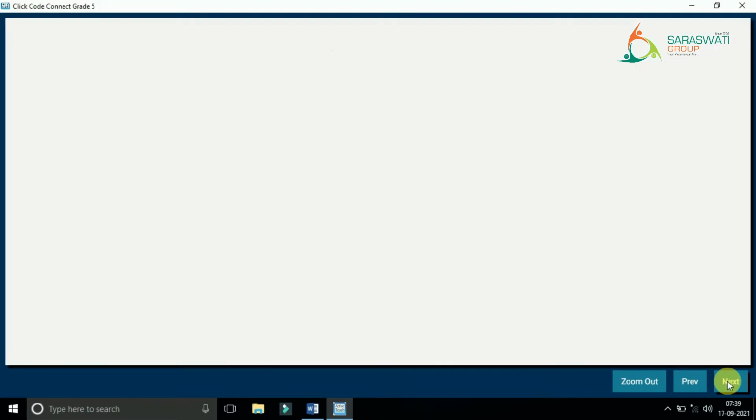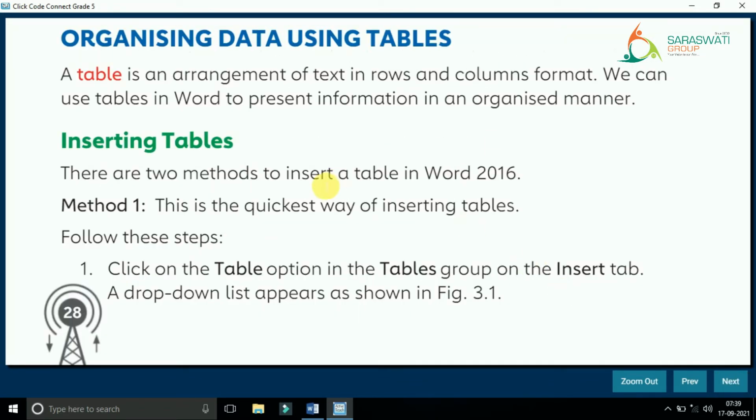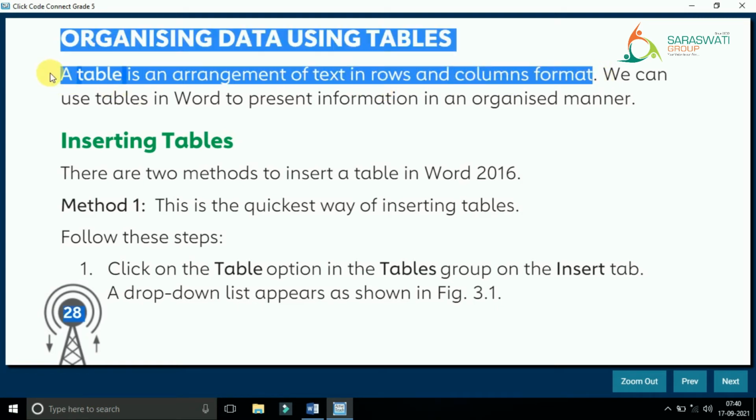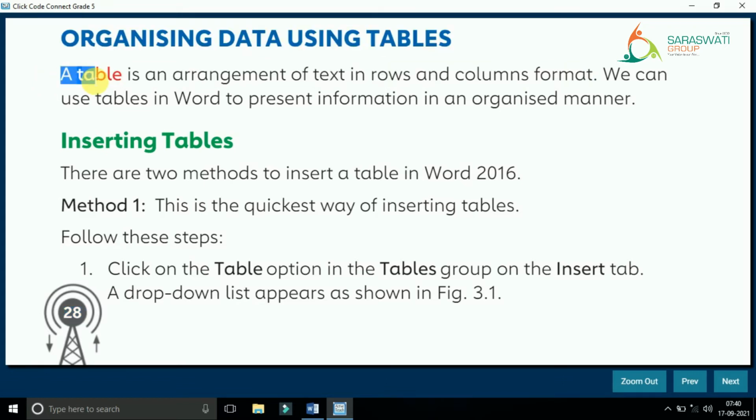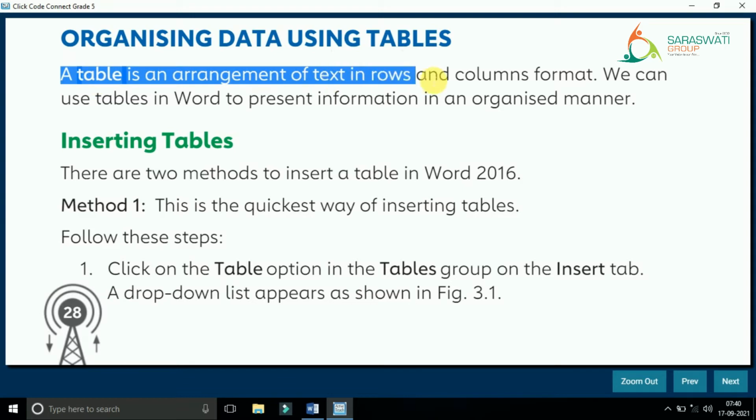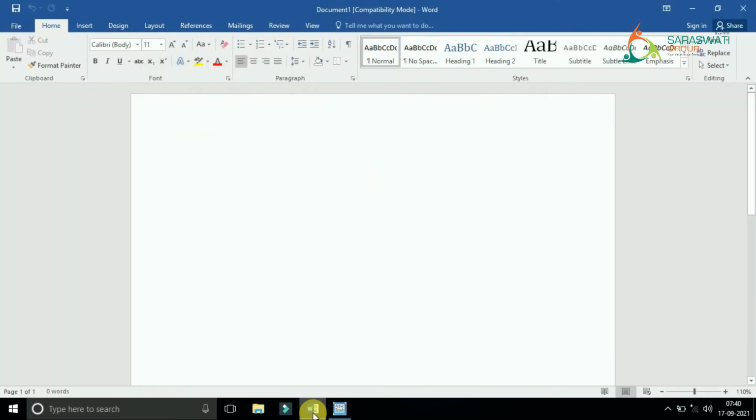Now see, the chapter: organizing data using tables. A table is an arrangement of text in rows and columns format. Underline this. What is the table? A table is an arrangement of text in rows and columns. Now first, students, understand the meaning of columns.